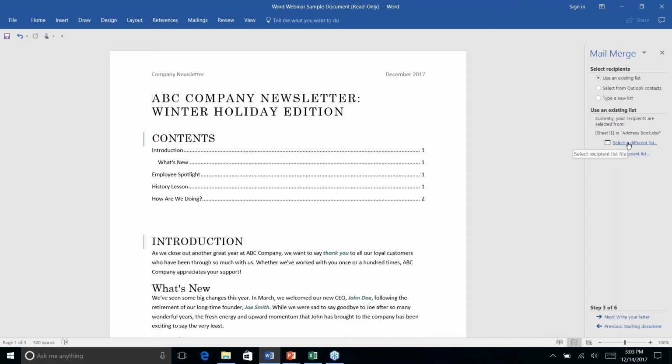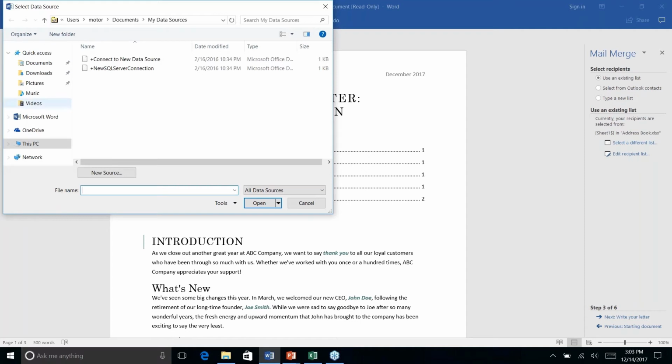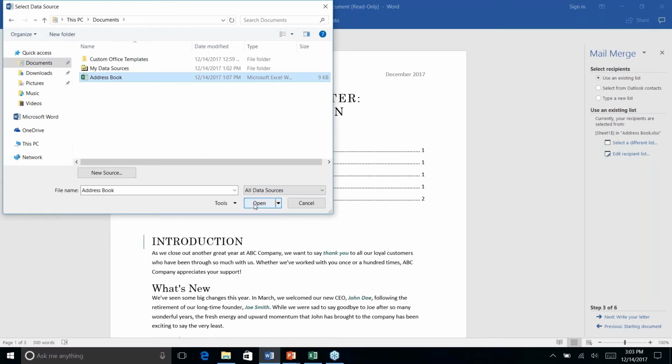However, a lot of us have an Excel file or spreadsheet file that has all of our contacts in it. So I'm going to click here where it says select a different list. I'm going to come to my documents where I have saved my address book. Of course, where you save your address book or what you title the file is going to be up to you, but this is